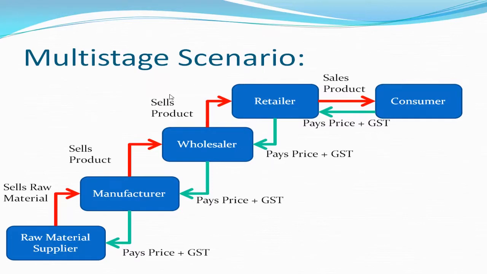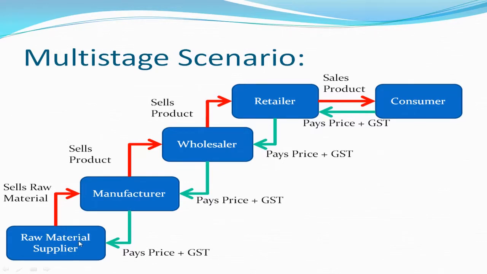right? Then wholesaler is a distributor for retailers, right? So wholesaler sells the product to the retailers, right? And the retailers sell the product to the consumer, right? So this is multi-staged. Multi-staged sell and buy goes on, right? So at each stage,